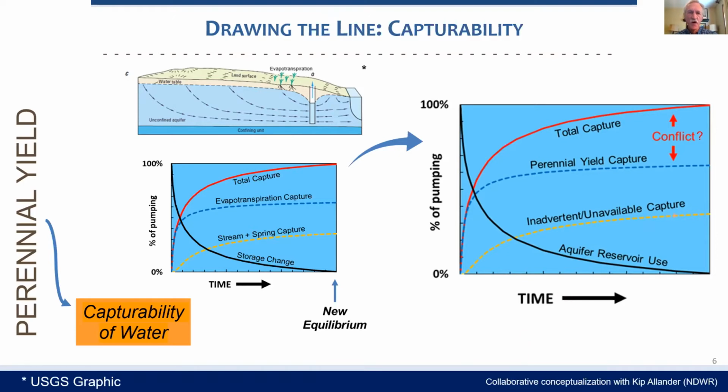So now I'd like to move on to a few examples that illustrate some of the kinds of revisions to perennial yield that here I'm calling moving lines that have been made in the recent past or are currently being contemplated by our office in specific basins in Nevada. As I go through these examples, you might see how one or more of these three components of perennial yield come into play with respect to how perennial yield estimates are established and then revised in Nevada.